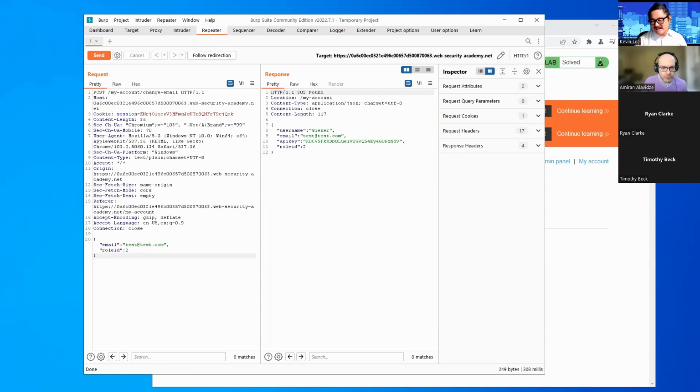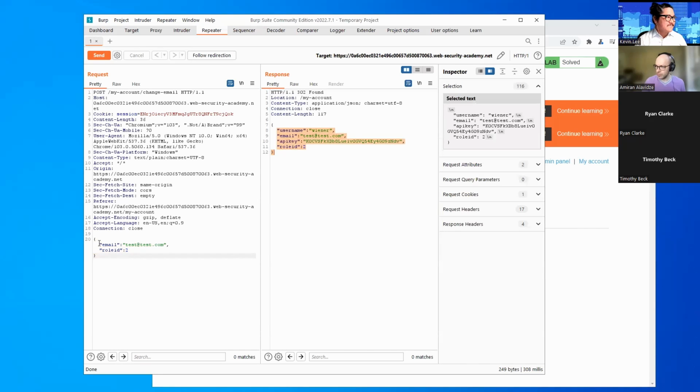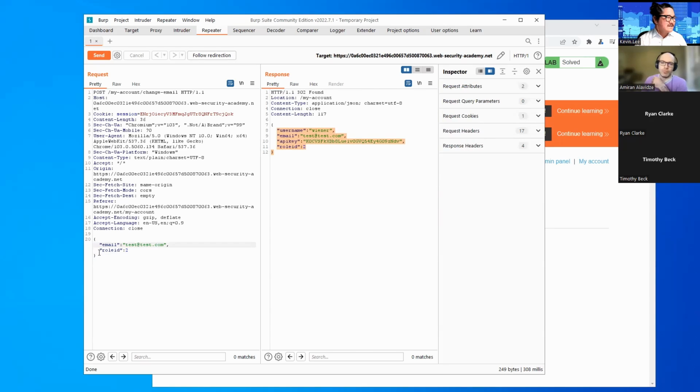If anybody is having trouble sending the request and getting this response, you might want to double-check that the grammar is all correct. Inside the JSON data, make sure that there is a comma here. You don't have to press the return key yourself; it's just after the comma.